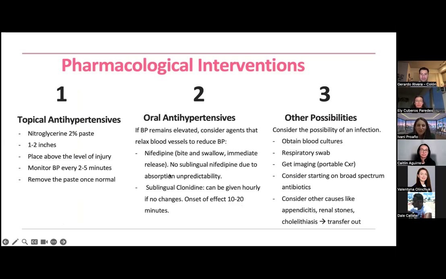And so some pharmacological interventions that we can use are topical antihypertensives. That would be the first thing to do. Nitroglycerin paste is something that you can use. You can apply 1 to 2 inches. Typically, this is done above the level of injury, and